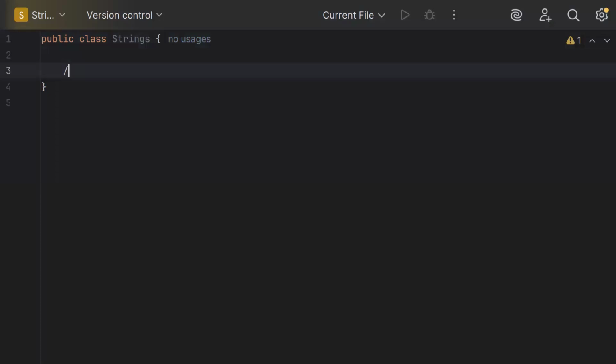Strings. Strings are nothing but a combination of characters, A, B, C, D, E. Whenever you want to store a combination of characters, that is interpreted as a string. A string is a non-primitive data type. String is a class. Like an integer variable, where you say int i equal to 10,